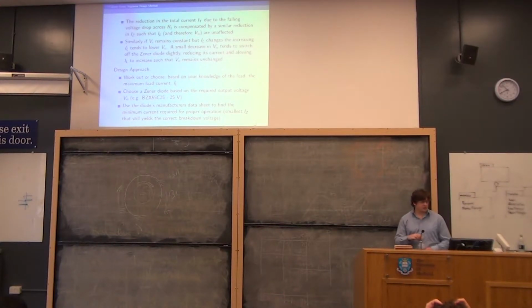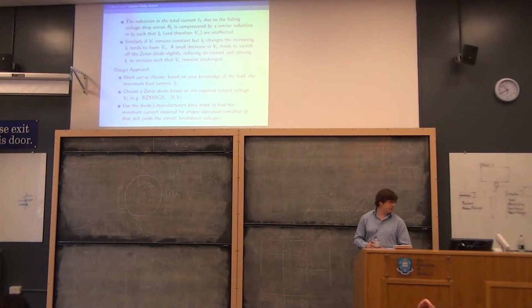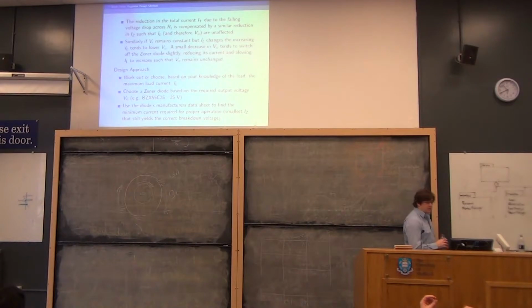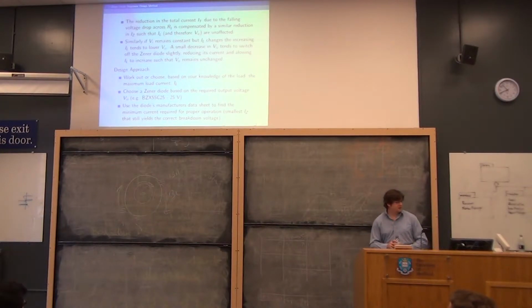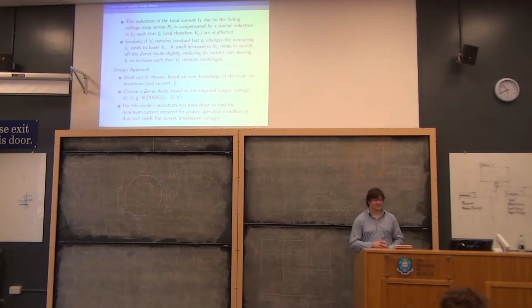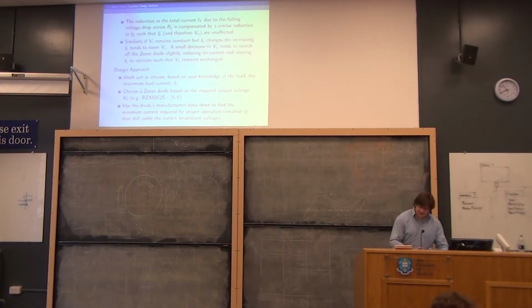And the reduction in the total current, which I'm calling IT, that's the current through the load and the current through the Zener diode, due to the falling voltage drop across R1, is compensated by a similar reduction in IZ such that IL and therefore V out are unaffected. I expect that's thoroughly confusing. What I'm saying is,